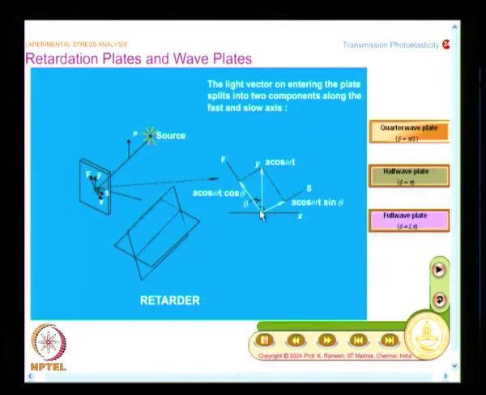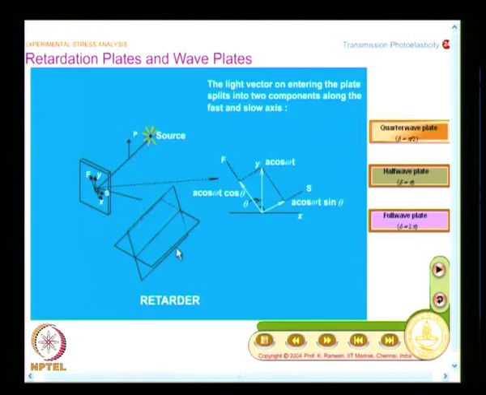Is the idea clear? I send a vibration A cos omega t. This will become two rays within the model, within the crystal plate, and depending on the orientation, one of these amplitudes is longer and another amplitude is smaller. So, amplitude is split, and the planes of vibration are in this direction and in this direction, and they are perpendicular. So, for one beam within the model I will have two rays.